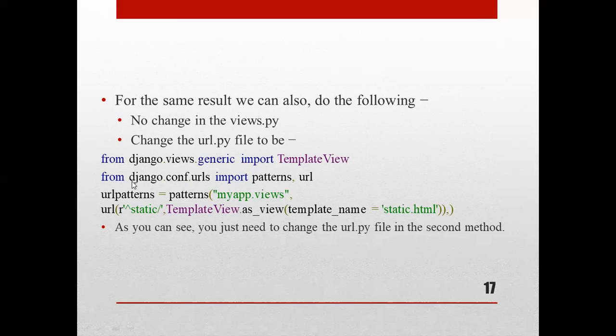Then we have to import patterns and url from django.conf.urls, import patterns, url. And in the urlpatterns we write urlpatterns = patterns('myapp.views'). From the url, we are going to render the static page, static slash,